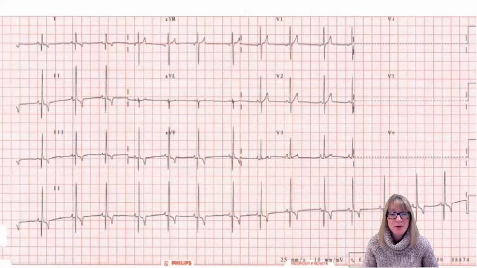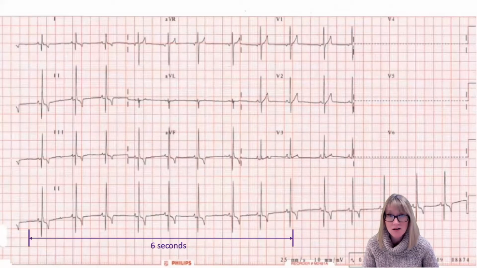So the first thing we need to remember is our paper speed. Remember that that's at the bottom here, 25 millimeters per second. So if we could depict 25 millimeters on our grid paper here, we know that that represents 1 second. Well, it's not too difficult then to draw a ruler that is 6 seconds long, which is what I've done